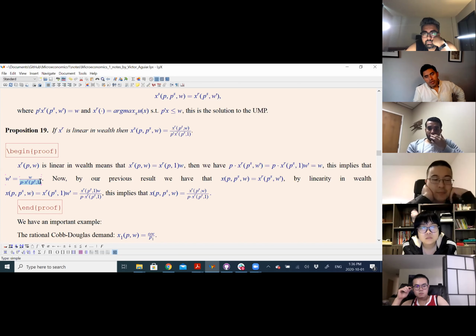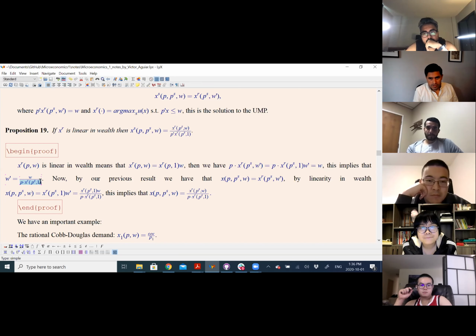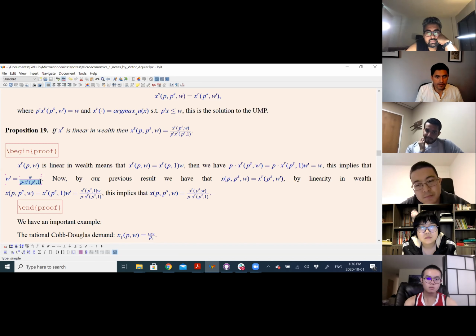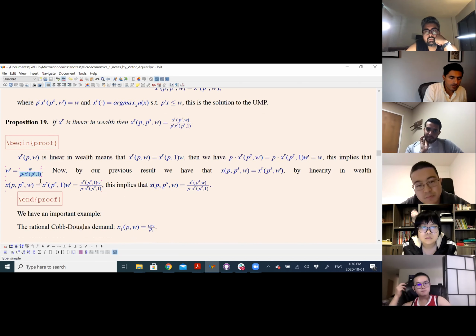So my point is that, for instance, take a CES. Remember you did this in the summer, so you solved the demand for the CES. It's kind of messy, right? A lot of computations and so on. So imagine you have to do it now for the Cobb-Douglas, for the sparse max of the CES. It's maybe too complicated. Well, it's doable, but it's still a lot of work. So instead of doing that, you just recognize that the CES is linear in income, right? So you can just take this thing and use it to derive the Gavex model with the CES. Many models are linear in income, so you can just use this, okay? So it makes it easy to use.